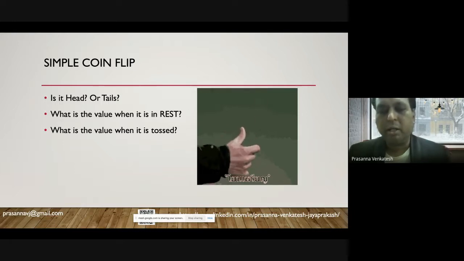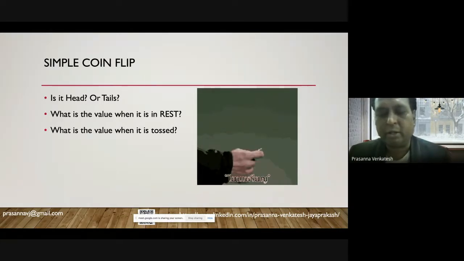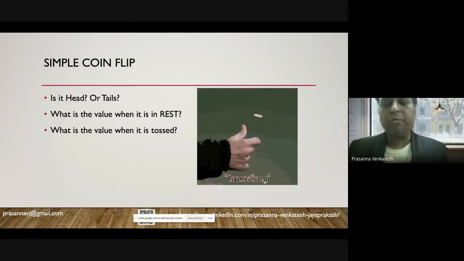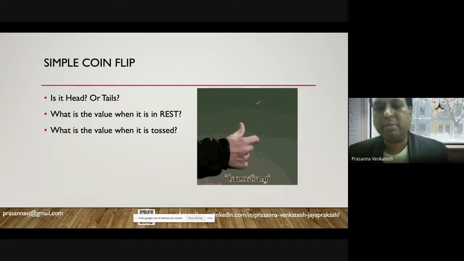Assuming that you have a coin in your hand and you're going to toss that particular coin, when the coin is in your hand, what would be the state of that coin? Anybody? What would be the actual details that you see in the coin? I want this to be interactive so that you can understand the concepts better.